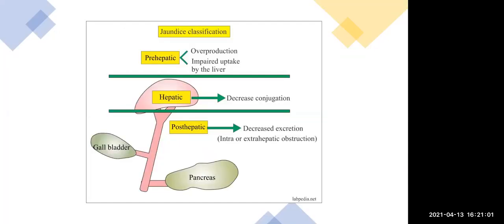So for the hepatic cause, we can divide into acute or chronic. For acute cause, for example, like in acute liver failure or hepatitis, chronic like chronic liver failure. Post-hepatic like in biliary atresia and also cholestatic jaundice. So this classification is very helpful because it can trigger us to ask questions related to these three causes of jaundice, because there are some features that can give us an idea and clue what is going on and what is the cause of the jaundice itself.